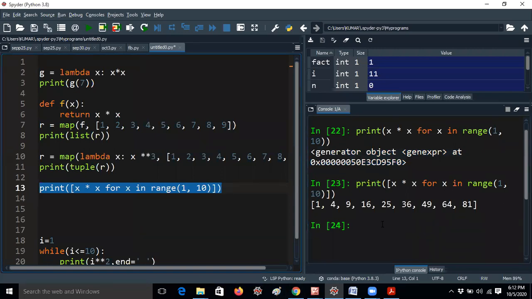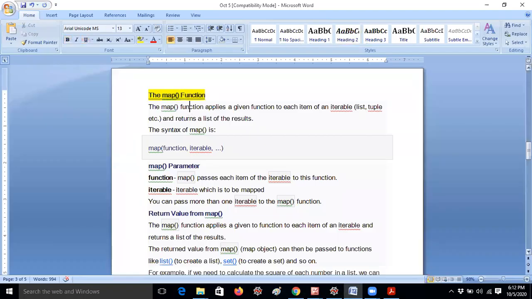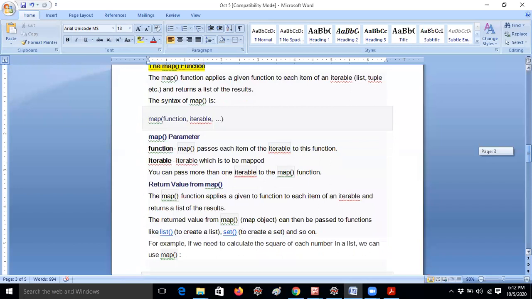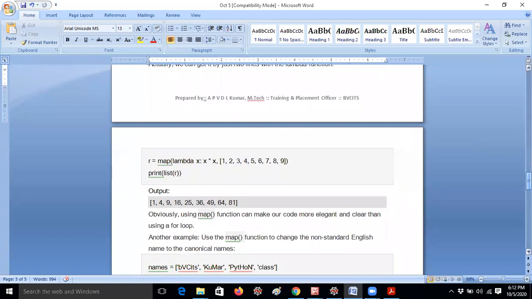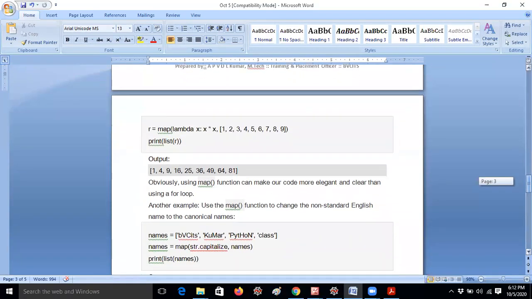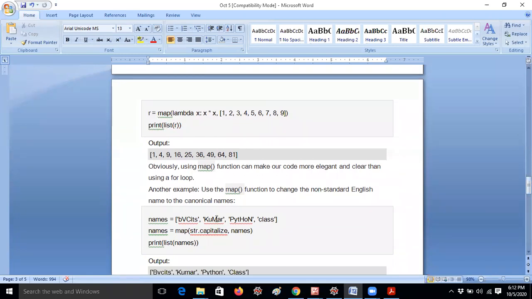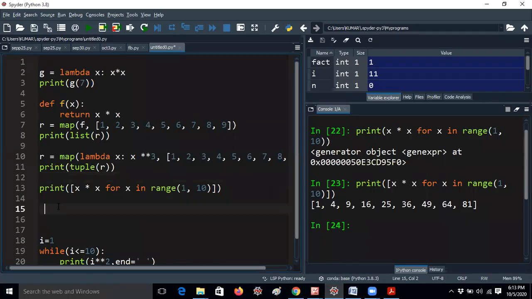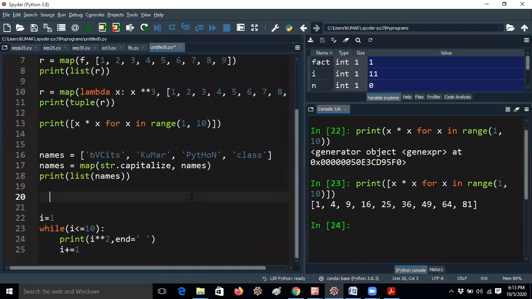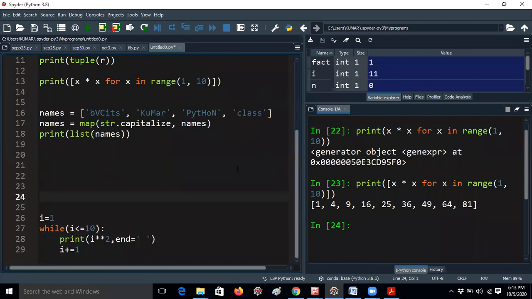Okay, fine. Before going to the next function, I would like to explain another concept in the map function. Map function has a lot of flexibility, guys, not only for printing numbers within 2-3 lines. For example, sometimes in interviews they will ask: if the strings are like this, how do you capitalize the strings? Without using a function name also I can use it in this way. Actually this much of the concepts are not required, but I'm telling you, guys, because you should know how many different kinds of operations can be performed in map.